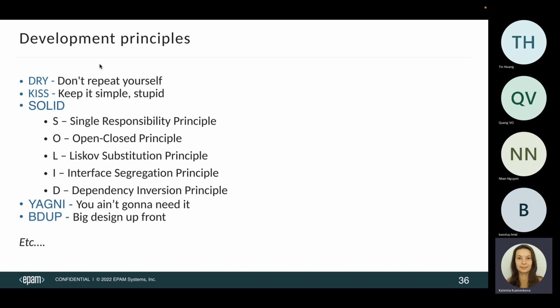About the L, this is the Liskov substitution principle. Actually, this is the most difficult topic, and usually I just try to simplify what it means, but you might take a look at more detail with this principle, okay? So this principle means that all subclasses should be used as a